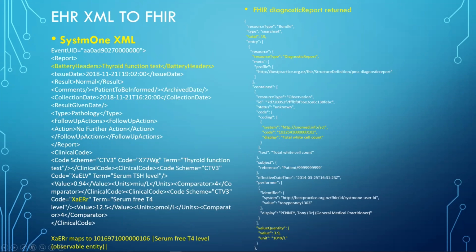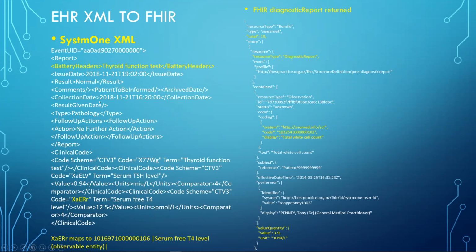If we look at system 1, which is the major competitor, the XML is interestingly constructed, and there is a need to actually go back and look at the XML, because although you can get the observation out, what this XML is doing is actually allowing you to do a number of things. And in here it's saying, well, it's a pathology test, but it's also that the user has said there should be a follow-up action. In this instance, there's nothing, but whether there's further action, no further action, and then the follow-up actions here. So this is an incomplete